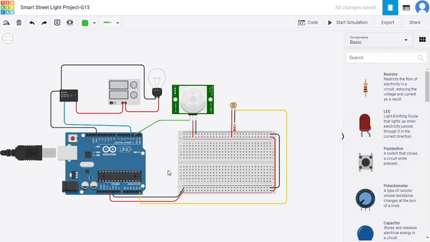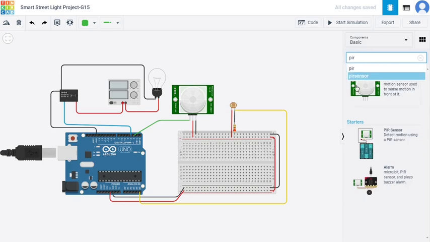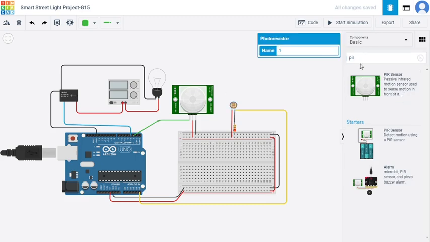So here is the Tinkercad simulation of our project. This is the circuit diagram. Here we have used an Arduino Uno board, a breadboard, a PIR sensor, that is, a passive infrared motion detection sensor, a photoresistor,